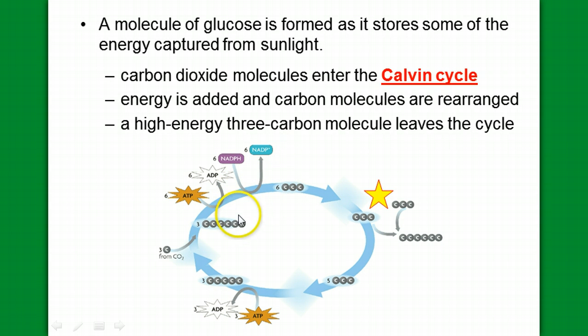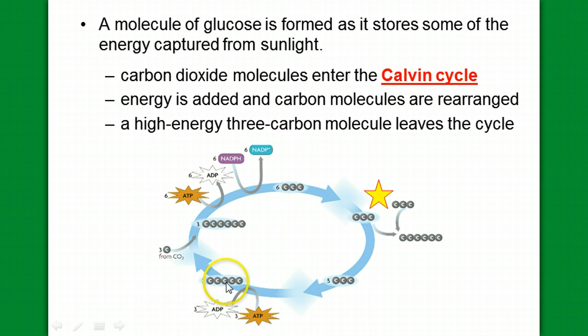What that does is it enables that 6-carbon molecule to be broken in half. So we actually get 2 of these 3-carbon compounds. So as the 3-carbon compound moves further in the Calvin cycle, one of them leaves the cycle, and the molecules are rearranged to form the molecule of glucose. So we've got a 3-carbon molecule that kind of comes back, that stays in the cycle, and then